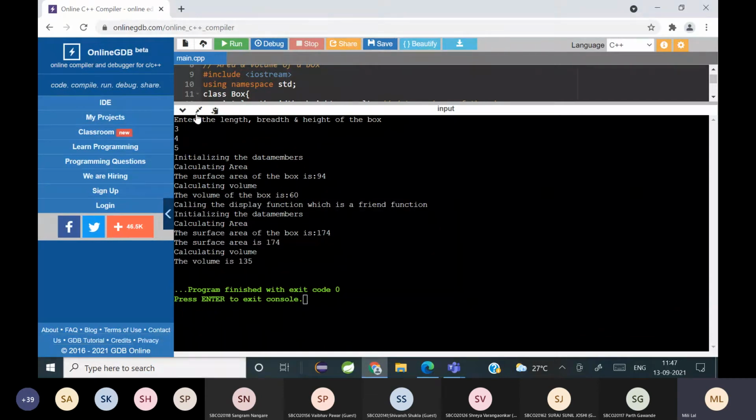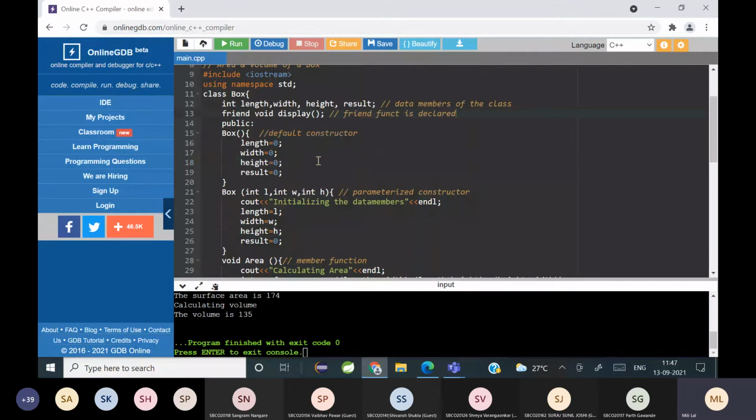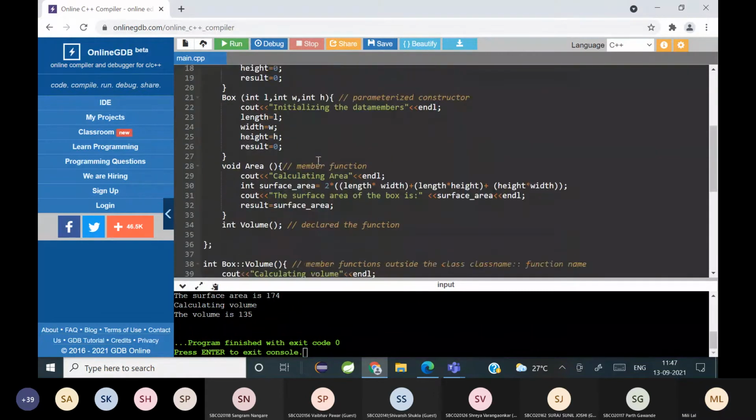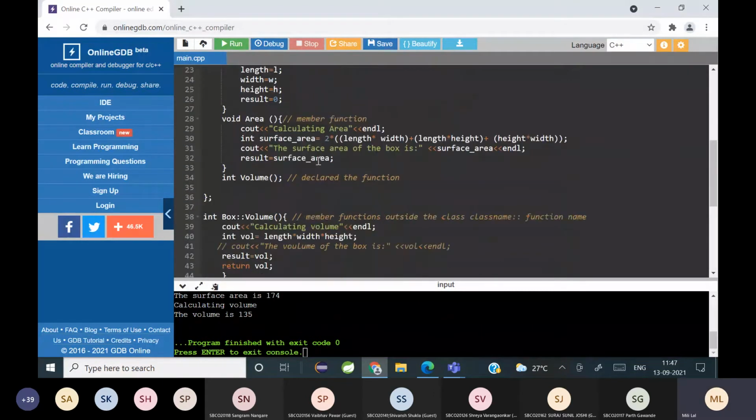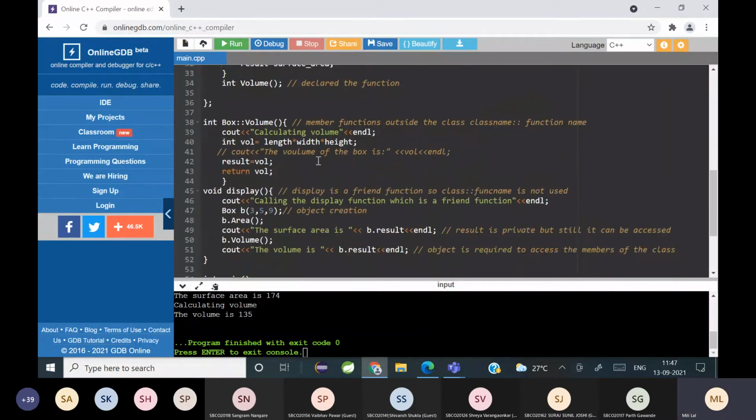Have you all understood the difference? Is it clear? Any doubts here? Yes, students, are you all there? Yes, ma'am. Any doubts?